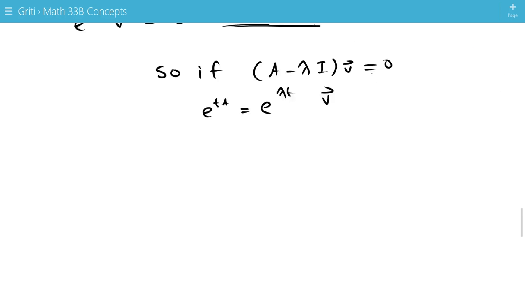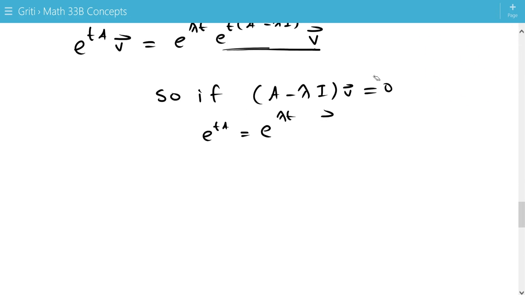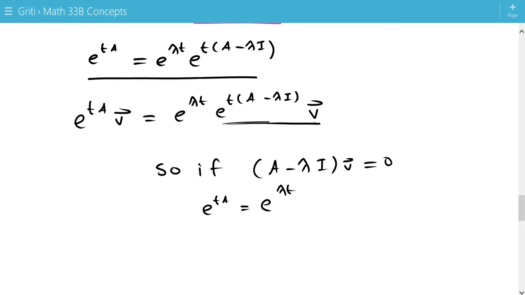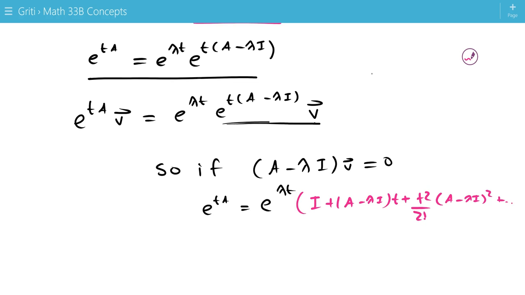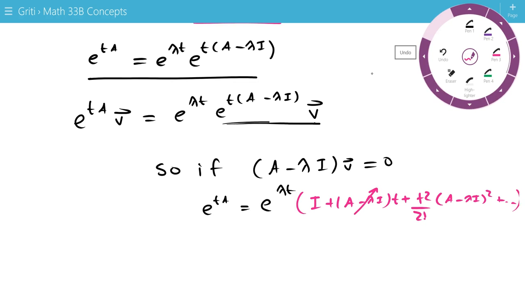And can make this more clear. Maybe if we just write this out, this is going to equal I plus (A minus lambda I) times t plus t squared over 2 factorial times (A minus lambda I) squared, and so on. But if this is equal to 0, when we multiply it by v,